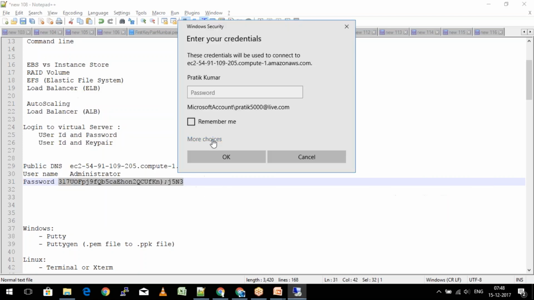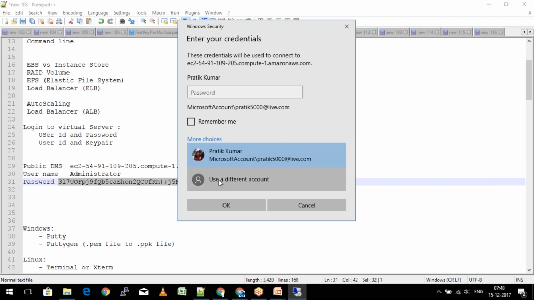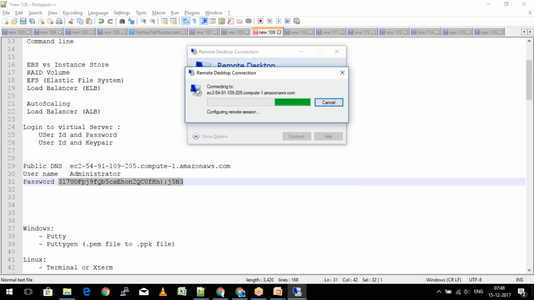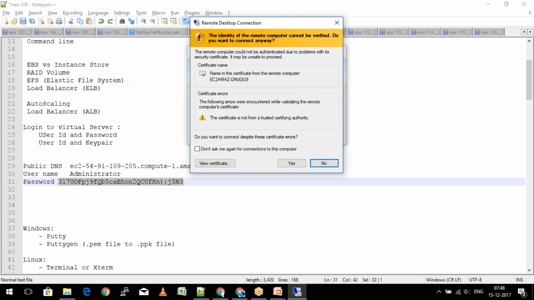So there we go. It's going to ask you to log in. I'm going to use more choices so that I'll also be able to enter the administrator name. So I just say administrator and then the password. If everything goes well, it will ask you to verify the certificate.